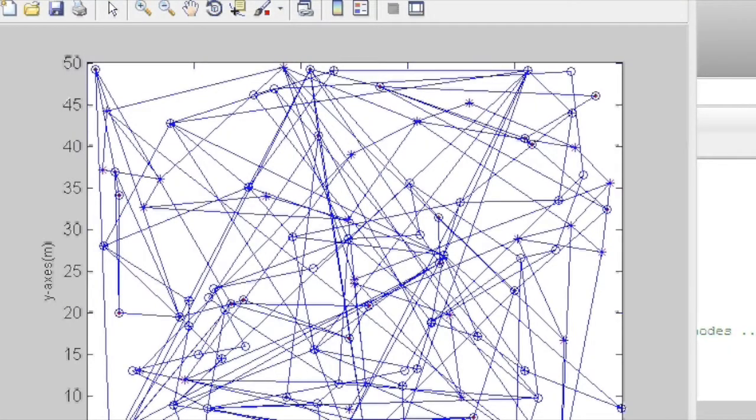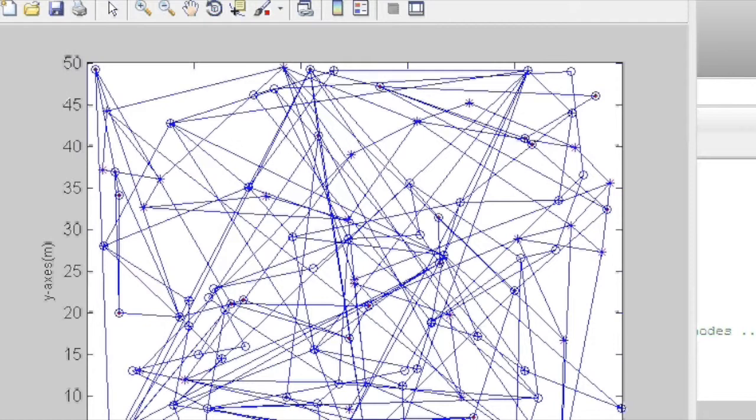Again we plot a graph where the sensor nodes have been placed at random positions in a 50 by 50 network, and by seeing this graph we observe that all the 100 nodes that have been placed are used in the formation of chains, but multi-chaining takes place, and in multi-chaining there is only one leader per chain. I mean, for every chain there is a single chain leader that sends the data packets to the base station.